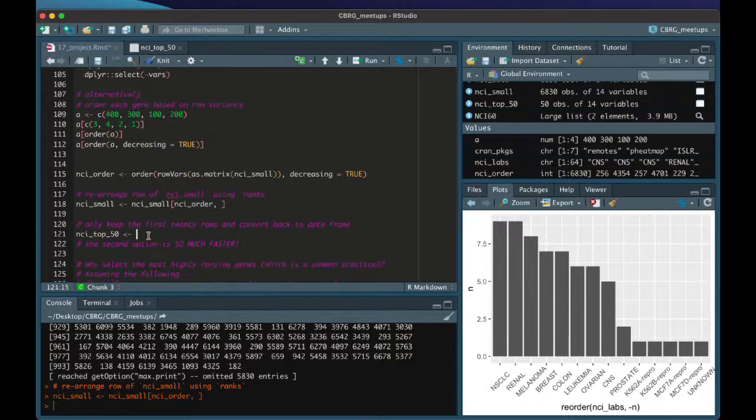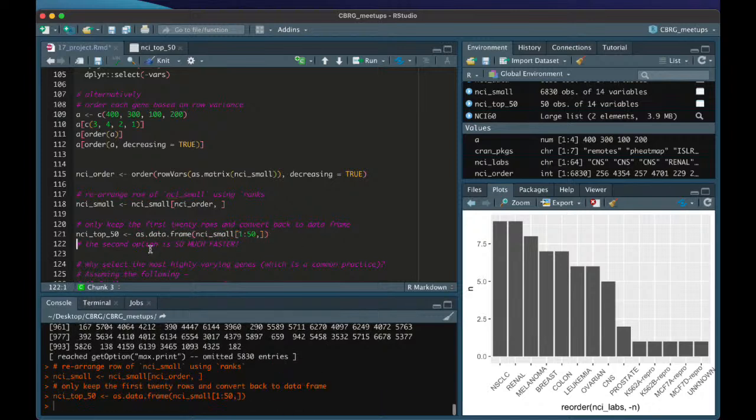frame. And we only want to keep the first 50 elements, so that's easy. We can just take NCI_small and subset it, 1 to 50, comma. And it says to convert this to a data frame. That's easy. We do as.data.frame. And we can assign it to this object called NCI_top_50, just as before. Notice that when we ran these 3 lines, it just took milliseconds to compute